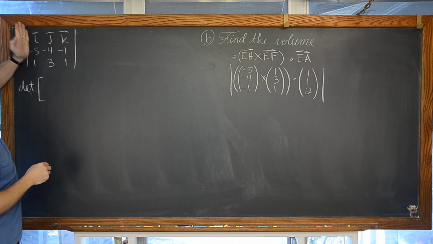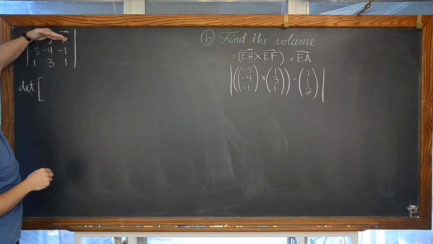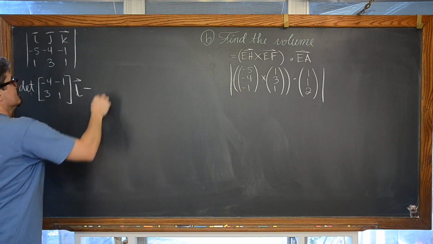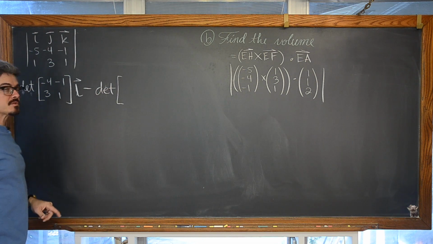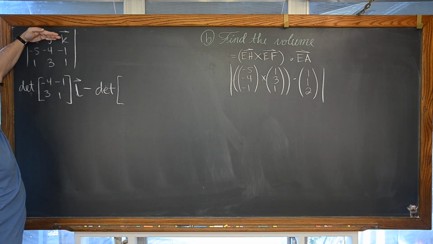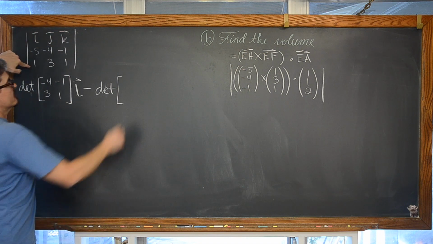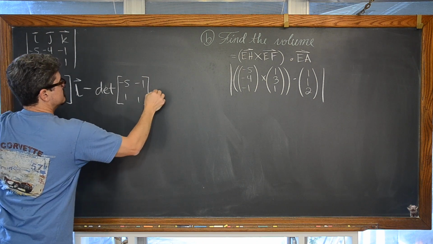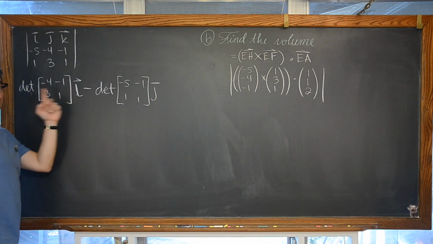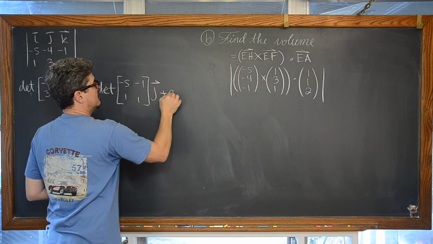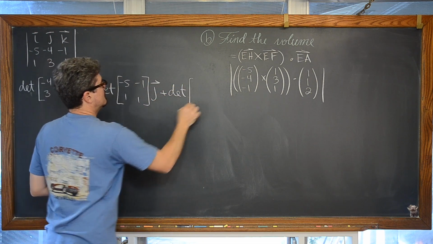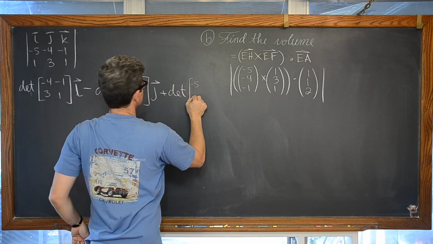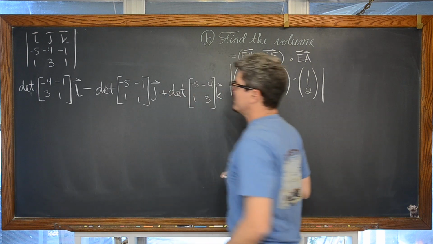of the matrix that we get when we take out the column and row that includes the I, and then minus the determinant of the 2 by 2 matrix that we get when we take out the column and row that include the J. So it's going to give us negative 5 and 1, negative 1, 1. Again, positive determinant, negative determinant, and then back to a positive. Column and row that includes the K. Almost running out of room here.